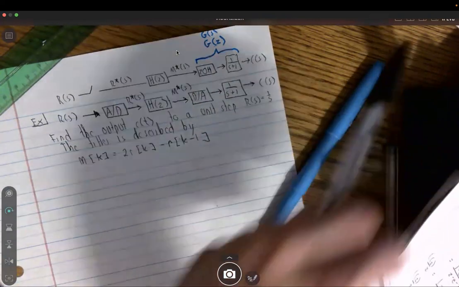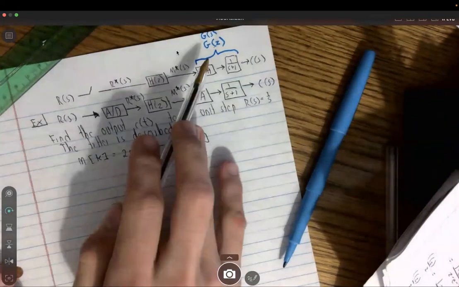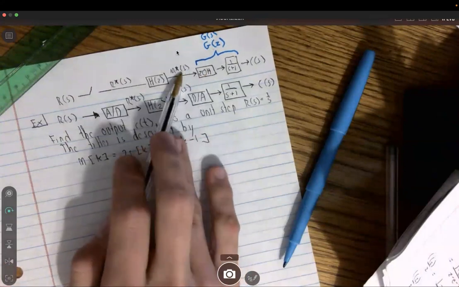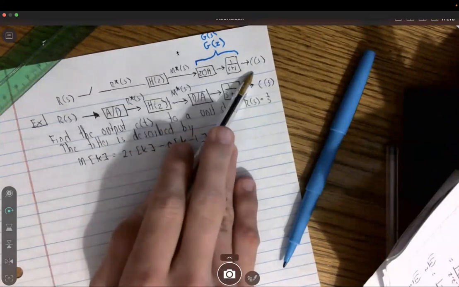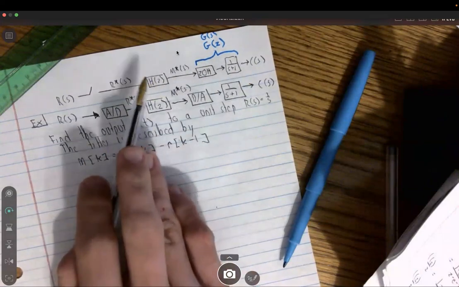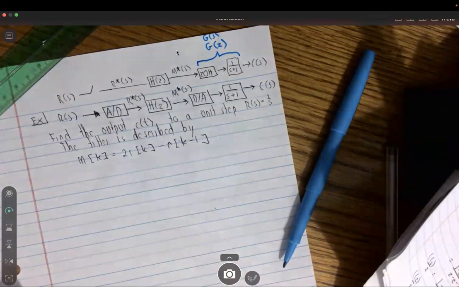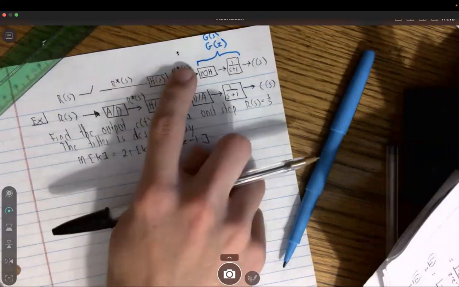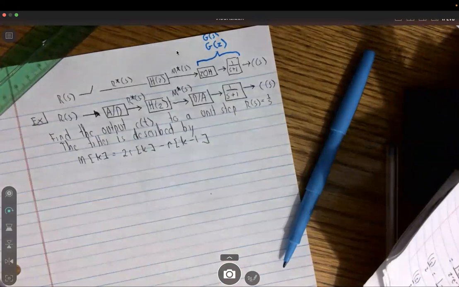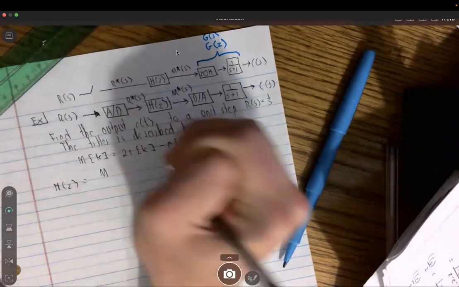But here, what we're going to do first is we're going to have to find everything in terms of the Z domain. So if we find this in terms of the Z domain, and this in terms of the Z domain, and this in terms of the Z domain, we can multiply all of them together to get our output, because the only issue is our filter's in the Z domain here. So trying to find our filter now in terms of the actual domain. So remember, H of Z is going to equal M of Z over R of Z, right? Because it's the output over the input. So what we're going to have here is our H of Z is defined as our output, M of Z